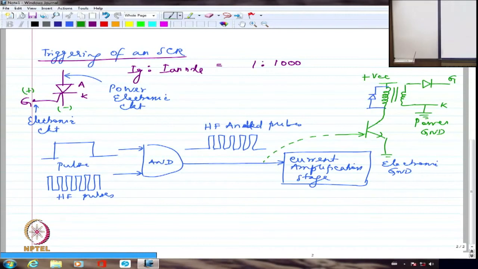And I am able to give this kind of isolation with a transformer because it is an SCR. Once I give a pulse, it will start conducting. So even if I bring down the voltage, it will still continue to conduct. It's not going to shy away from conducting. That is the major advantage of having an SCR, and we can have isolation with the help of a transformer, which we will see eventually that in BJTs or MOSFETs or IGBTs, we will not be able to do,